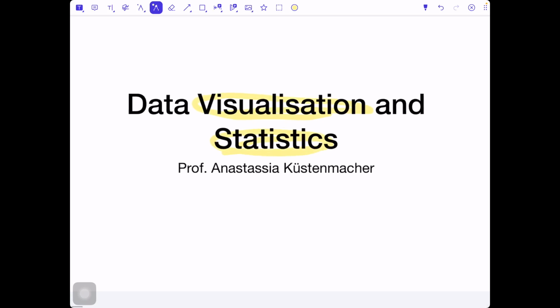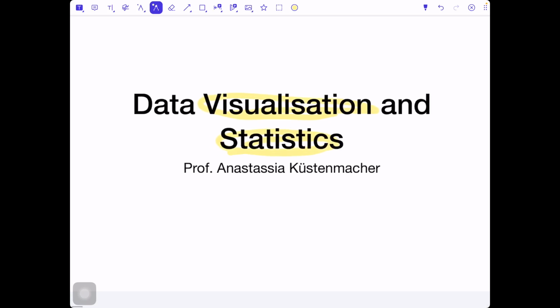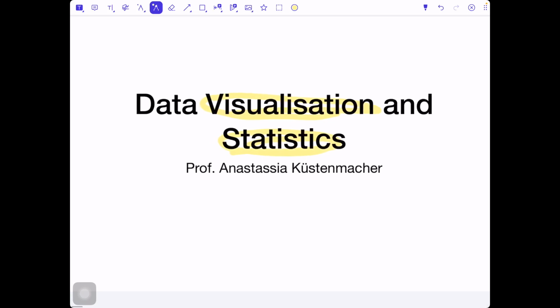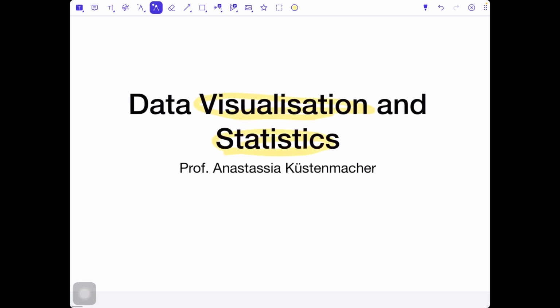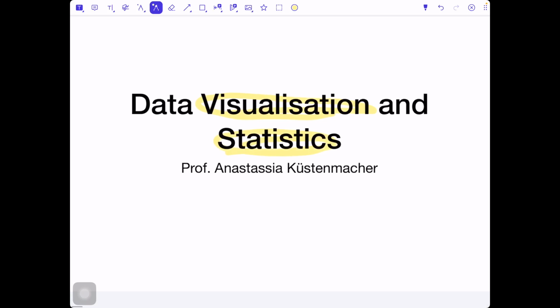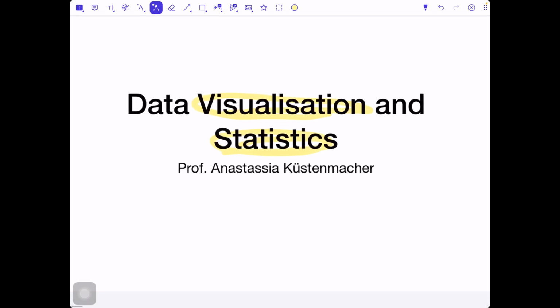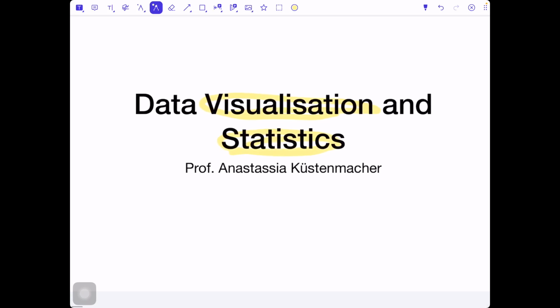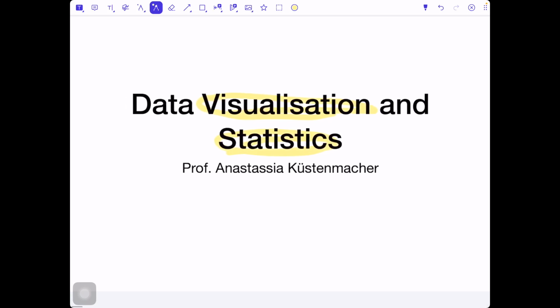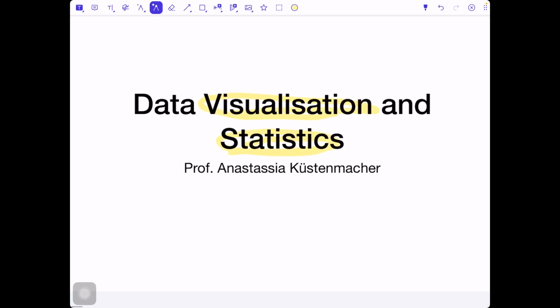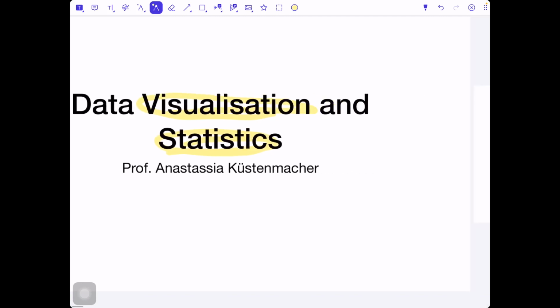This lecture and the next one will be structured in such a way that visualization and statistics will not have a particular part on the visualization or a particular part on the statistics. They will just interact together with each other, and you will see for which purpose. And then in the middle of the lecture, we could discuss why it's done in such a way. I will also highlight why it's done in such a way.